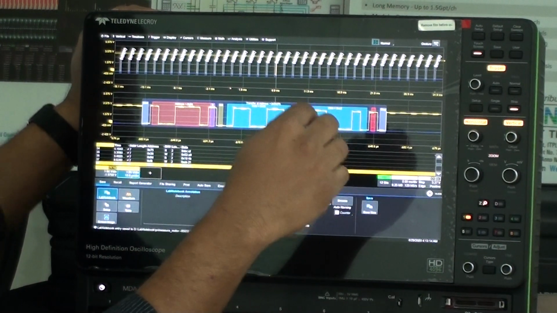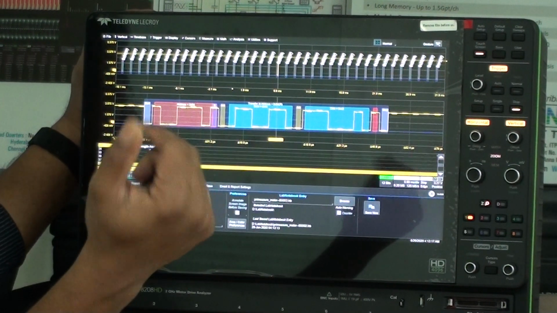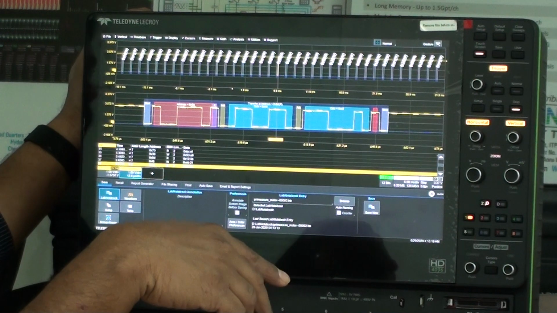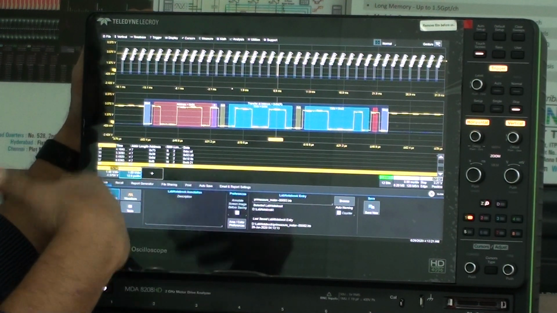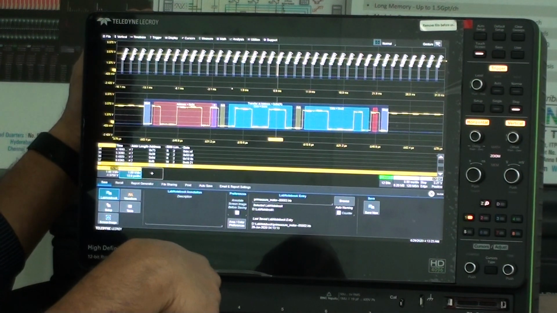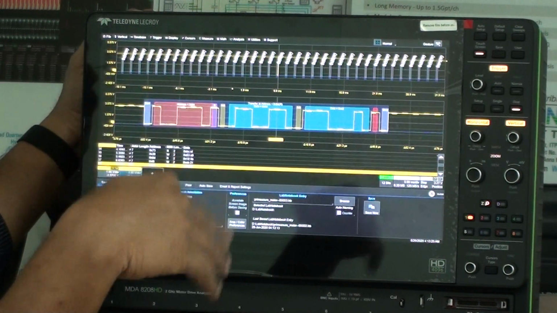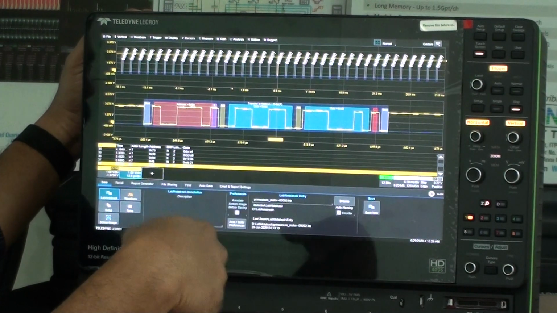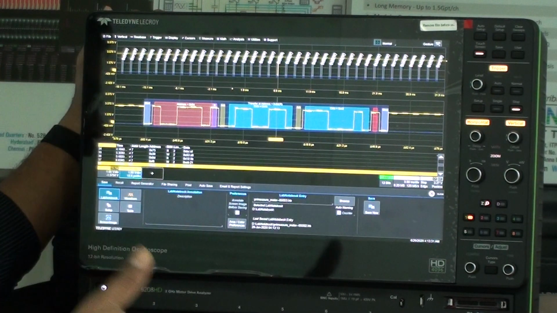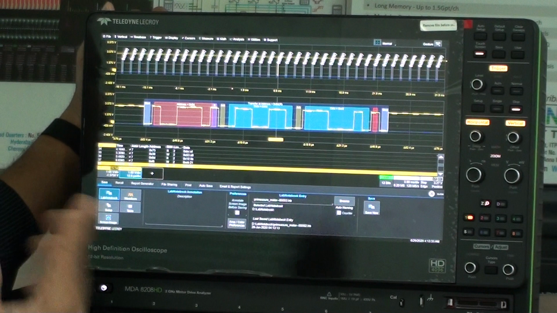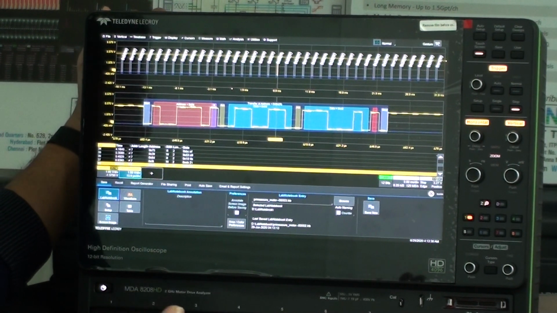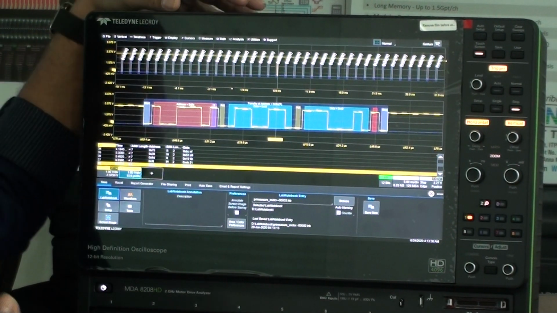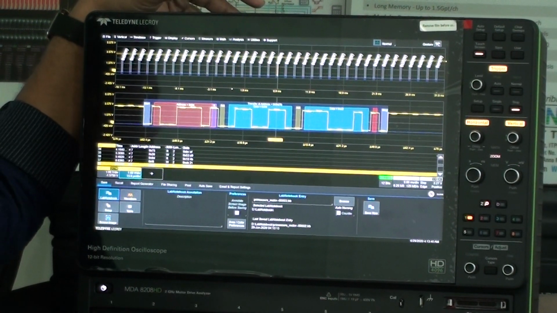So you could mark that and then send it across as a PDF to your customers. And this can also be employed on a network within your organization or onto the internet, so that the third party or your customers or your principals or the person who has given you this particular work can live see these results on his PC, because we have new Movi software that runs on the PC as well.